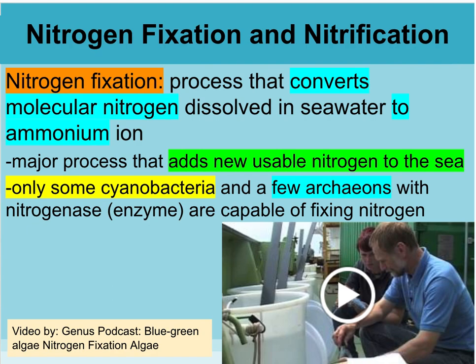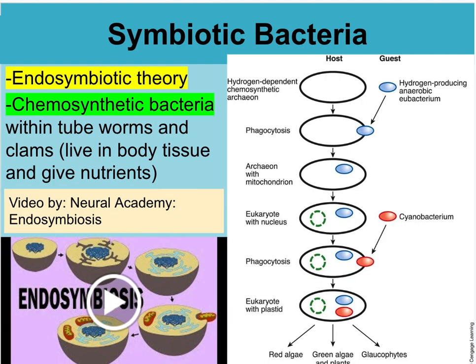So there's certain bacteria that will actually fix the nitrogen and put it into a form that can actually be used and eaten by other organisms, which is necessary for life. So this is a video by Genus Podcast, Blue-Green Algae Nitrogen Fixation of Algae, and a deeper look at how